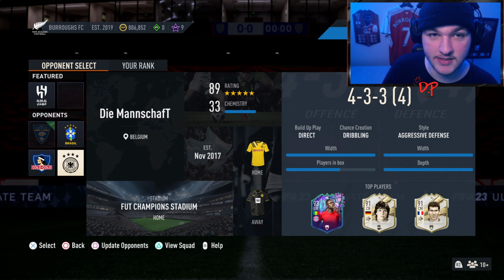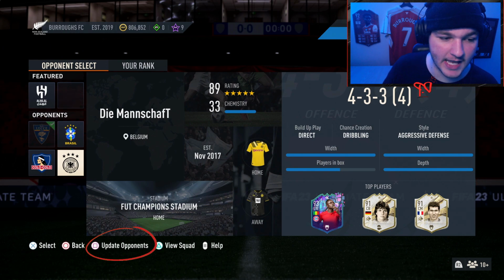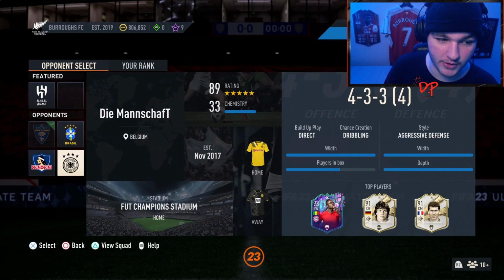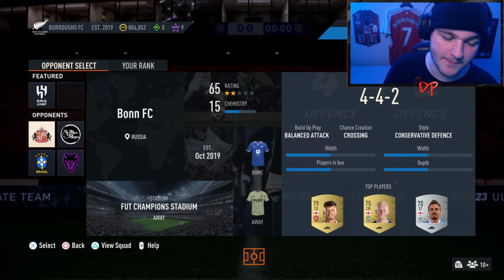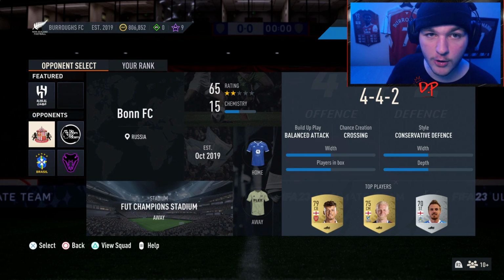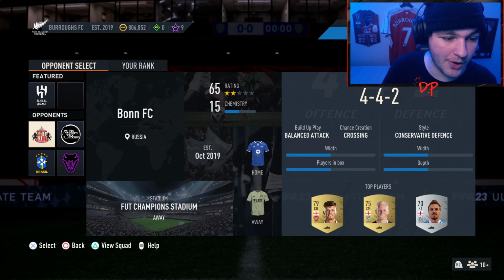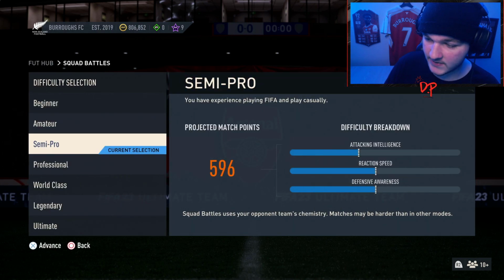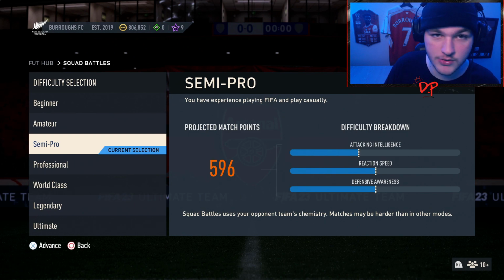But the twist, and I will circle it, you can update your opponents by pressing square on PlayStation or X on the Xbox. You can update it, and as you can see, we can just choose the worst team again. And the beauty of it, that option to update is no longer there, but you get that option every, I think 10 to 15 minutes is a cooldown. So by the time that I've played this game on semi-pro, the worst one, 65 rating, 15 chem, by the time I've played that game, the option will be there again, and you can do a constant cycle of doing